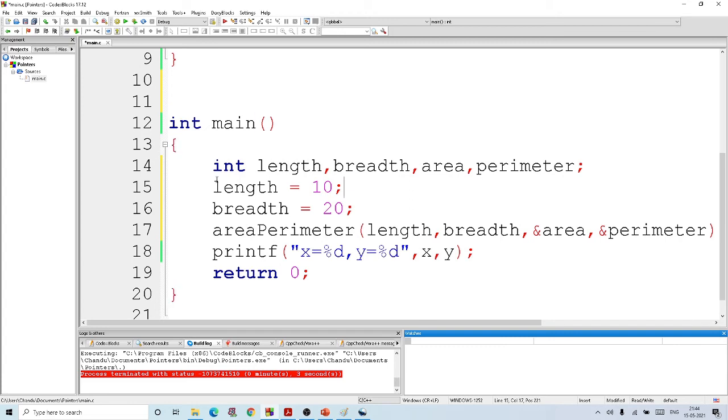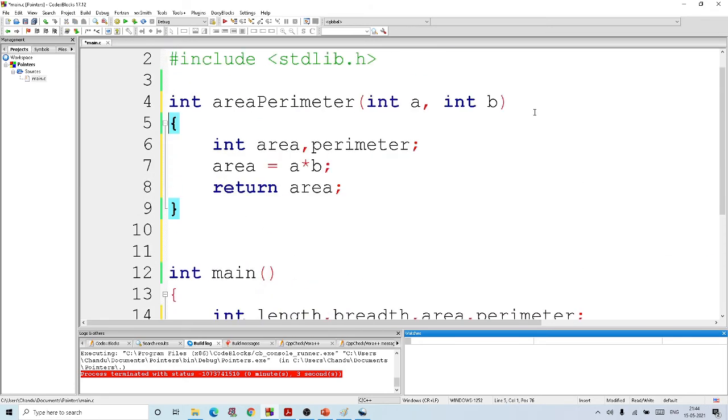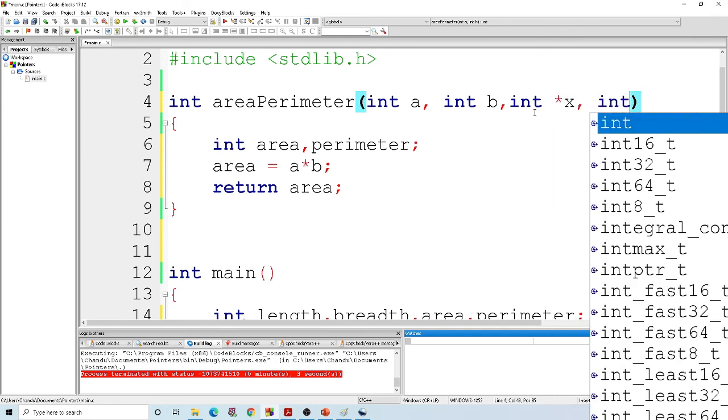Now to receive these addresses, there should be pointers in the function. We'll declare two more pointers, int star x, int star y.